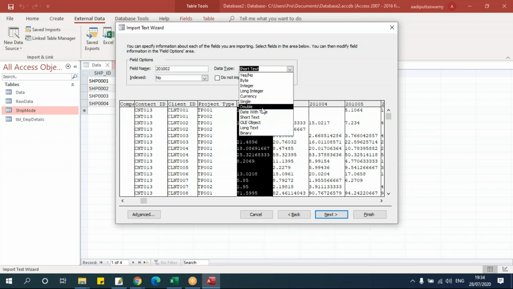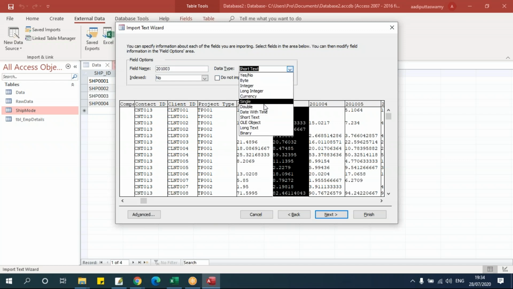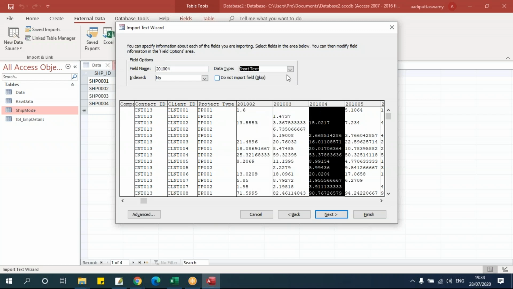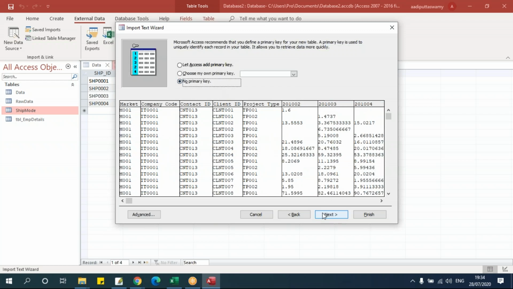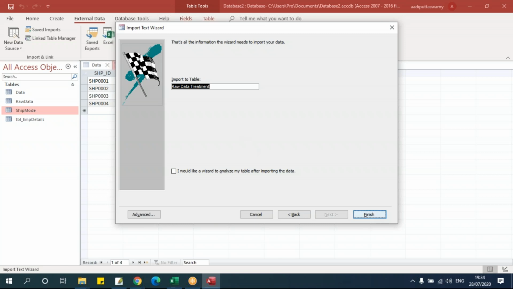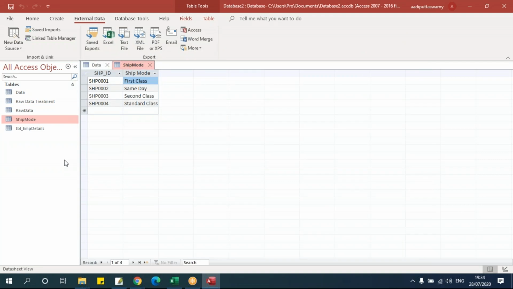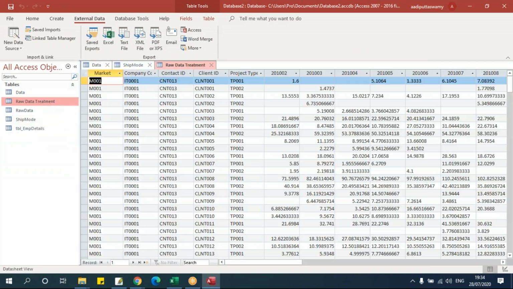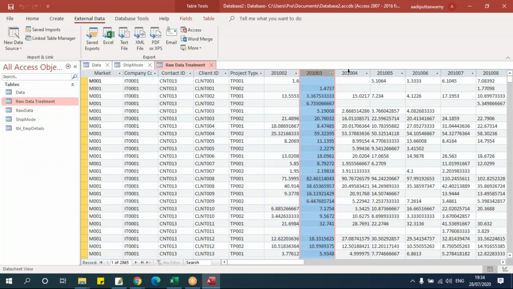Let's say I'll go here, I'll make a few of them double. See, select this and I'll say double. The rest we'll go and check there, and we'll see how we can change the data type. Now say next, no primary key, next, and say finish. Now the entire data is imported as a separate table here. You can see this. Double click, see. Now these three columns, I actually changed to double. So I'm getting it as a number. But if you see this one, this is like a text.